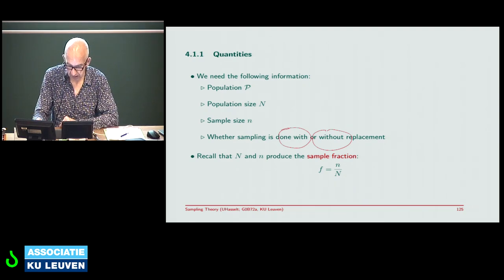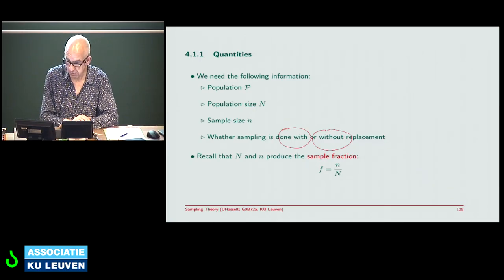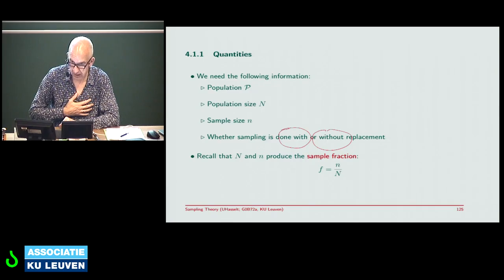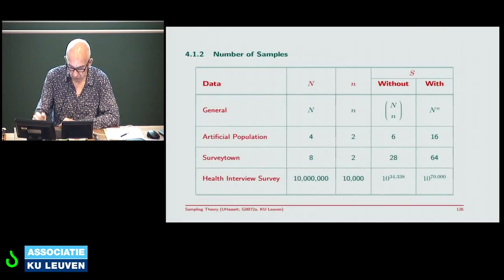If we have a population of size capital N, we draw samples of size lowercase n, and we do so without replacement, then every possible application is exactly the same. The units may be wildly different. They may come from completely different scientific areas, but the sampling mechanism is identical. So just to give an idea,